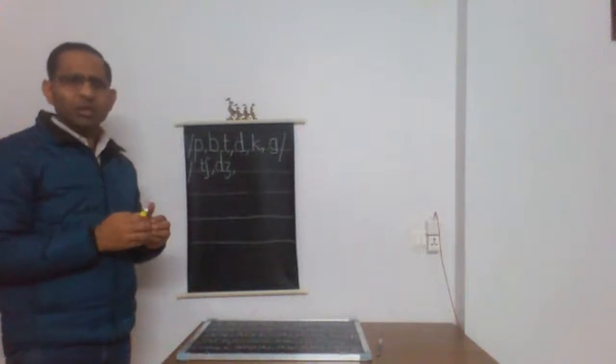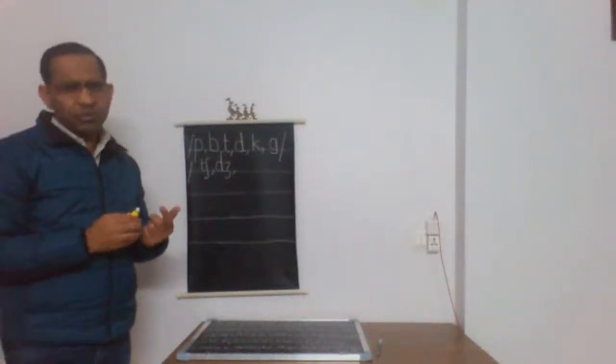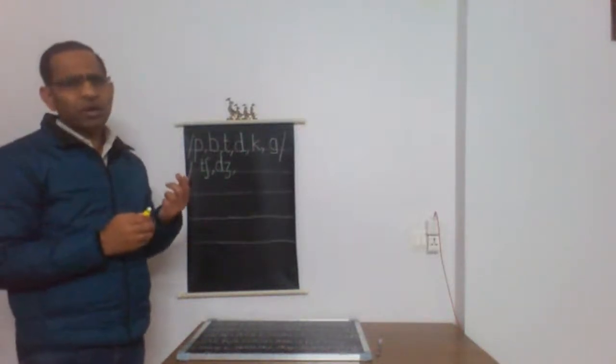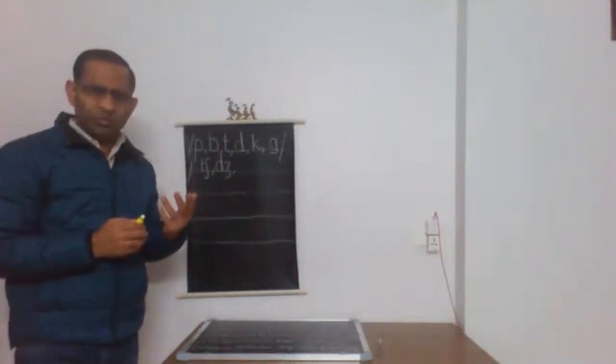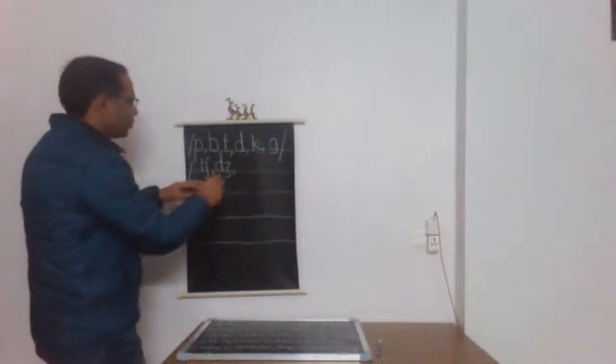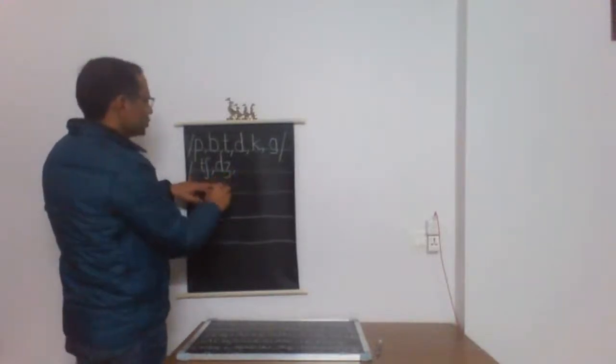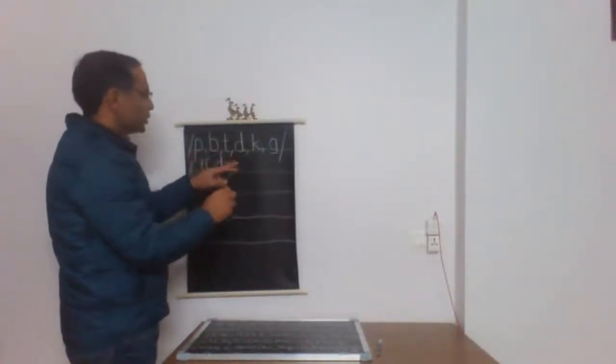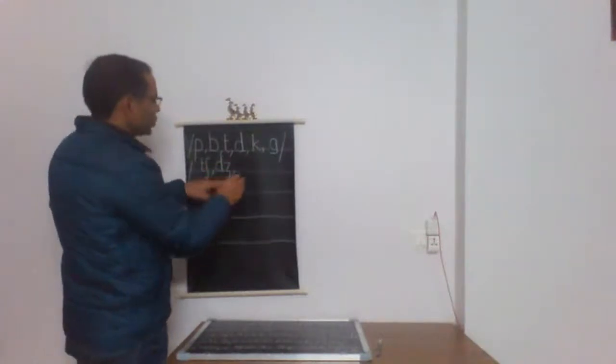In fact, in Hindi we have one j sound, but in English there are three j sounds. We'll discuss them when we come to those sounds. Cha, pa, ba, ta, da, ka, ga, cha, ja, sha,